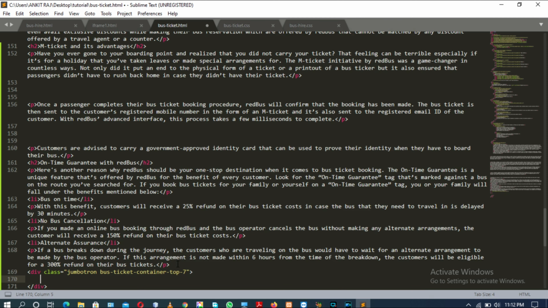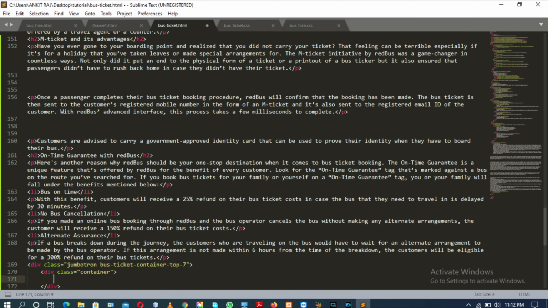Inside the div tag there will be another div tag with the attribute class having the value container. Inside the div tag there will be an h2 tag having the value FAQs, with the s in small.